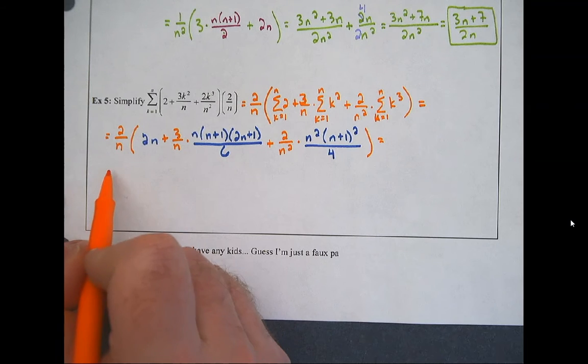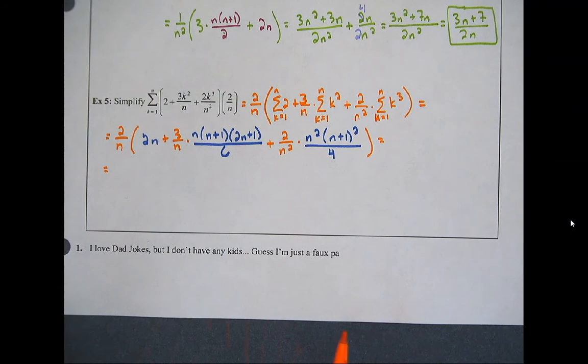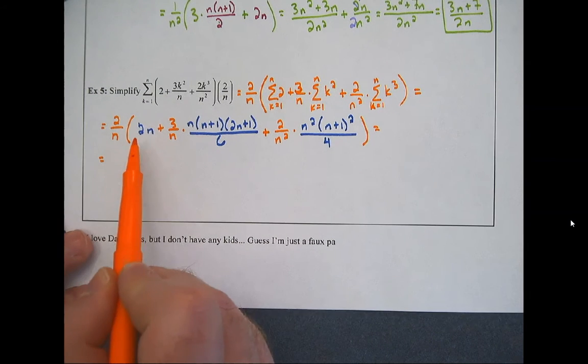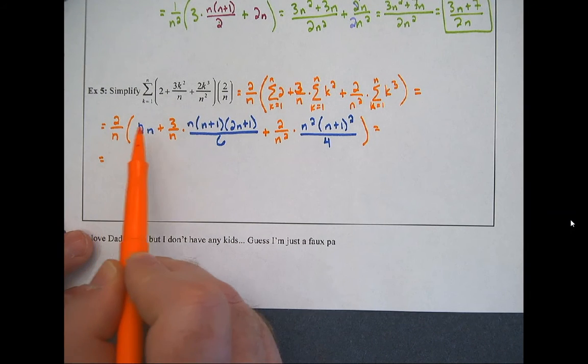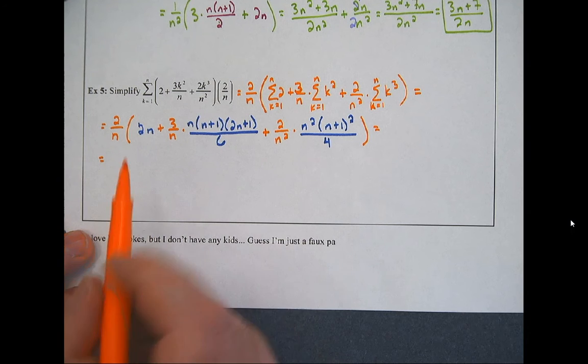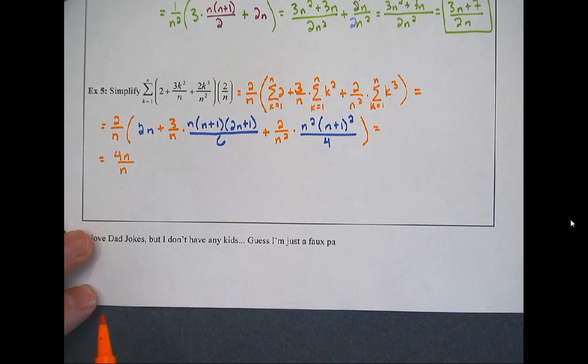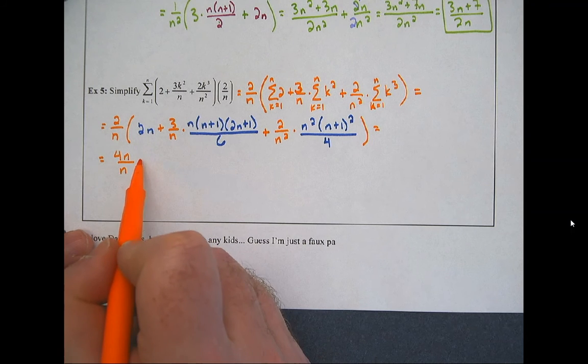All right, well, you did the heavy lifting if you got to this spot. The rest of this is now just algebra. So now I'm going to start to clean some things up. I'm going to try to distribute as best I can while I'm going through. So I'm going to distribute 2 over n to 2n. I know stuff could cancel, but like I said, I'm going to reduce at the end. So I would get 4n over n plus,